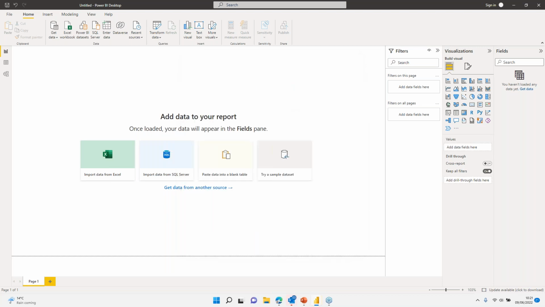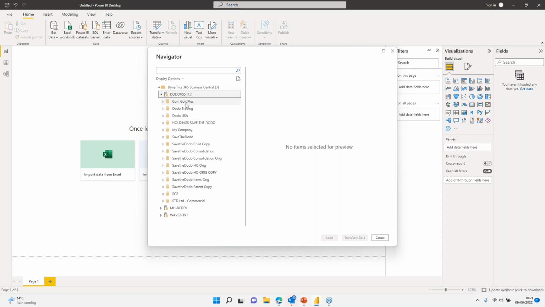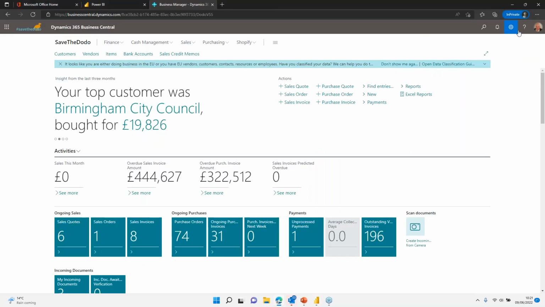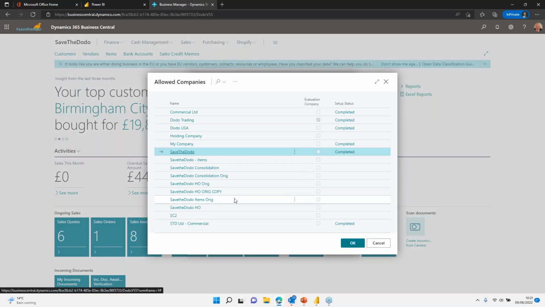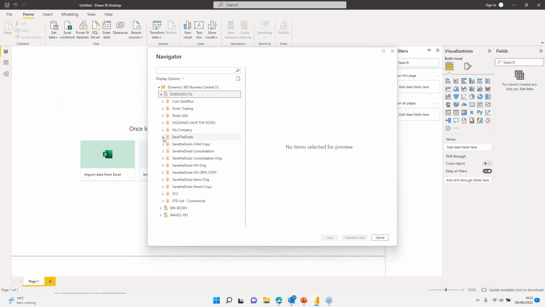If I go into Business Central Online, my connection details are in here already. Based on your Office connection, you'll have to put in just some connection details, your Office details. But these will provide you then with our Business Central. These are our environments within our Business Central. So if I just expand on that, these are our companies in Business Central. If I quickly flick to Business Central and click on my settings, I look at my companies. These are the companies in Business Central. So if I go back to here, and I'm going to go to the demo company,